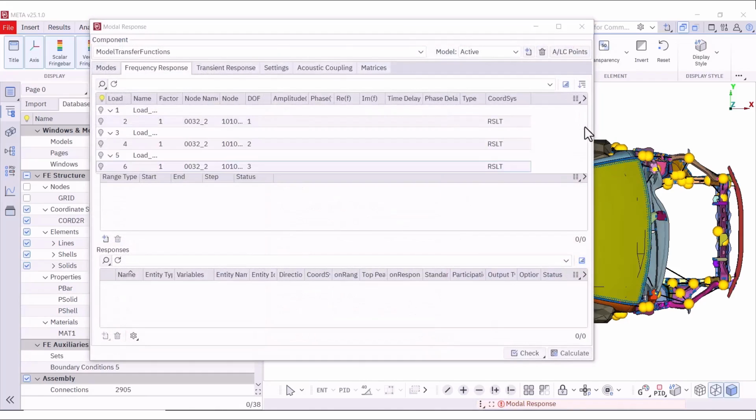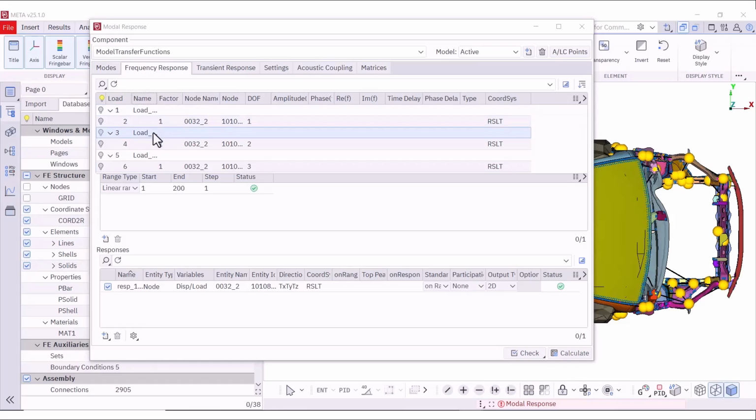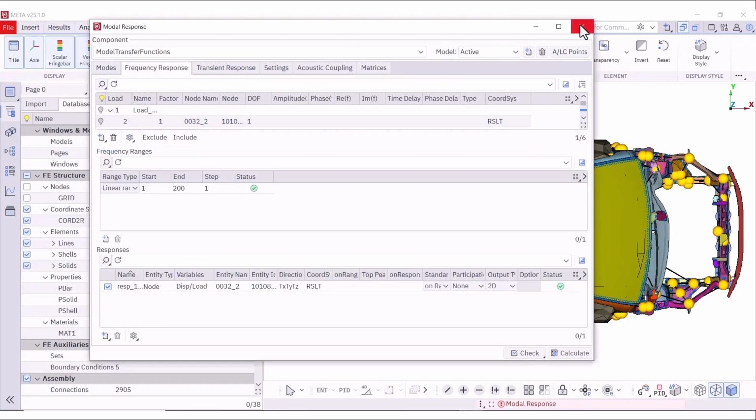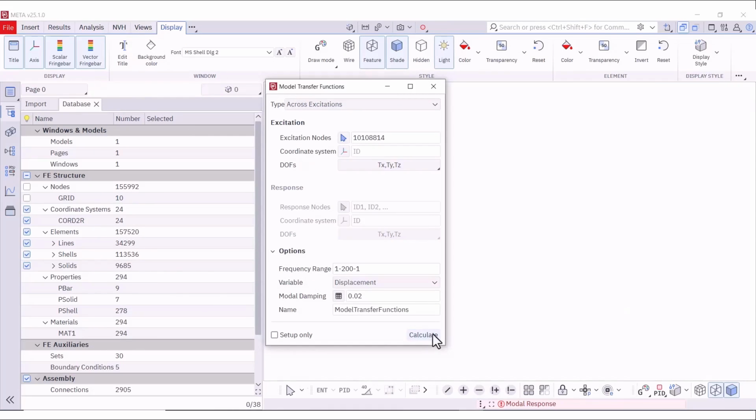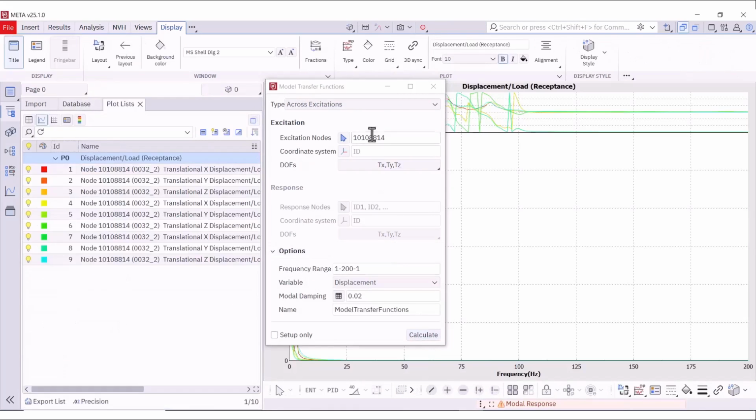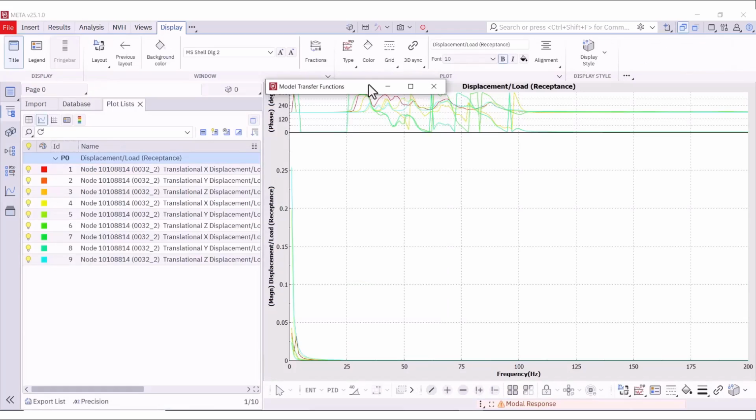For each selected degree of freedom of the excitation node, x, y, z, a transfer function will be calculated for all defined degrees of freedom. Close Modal Response tool and press Calculate. Nine curves are calculated, as expected.